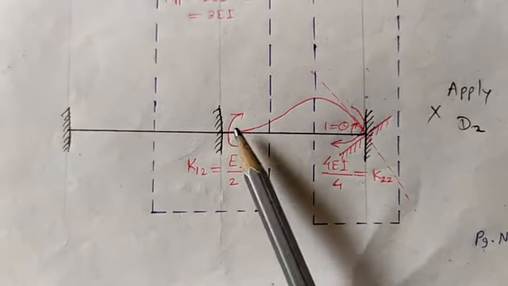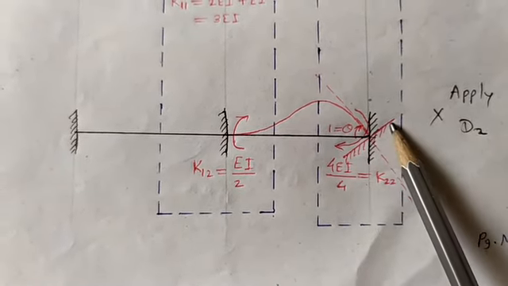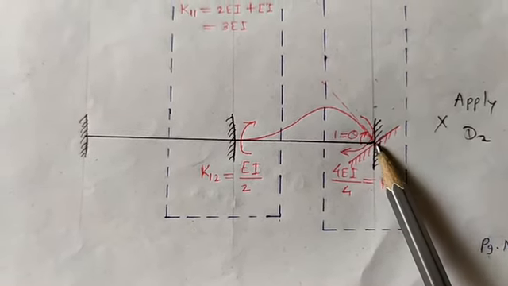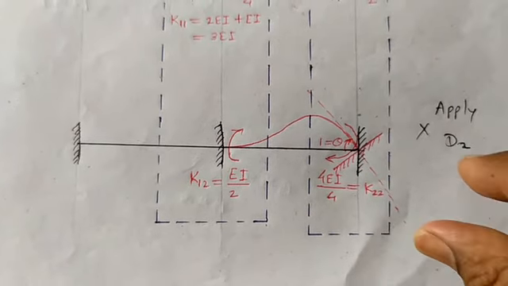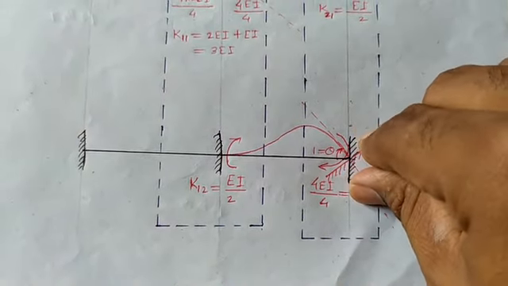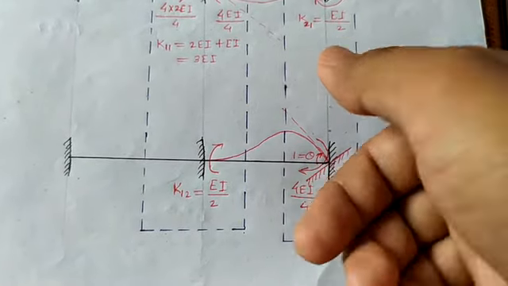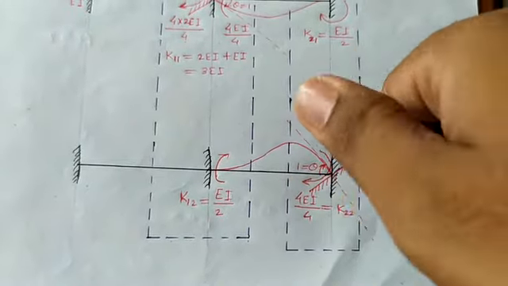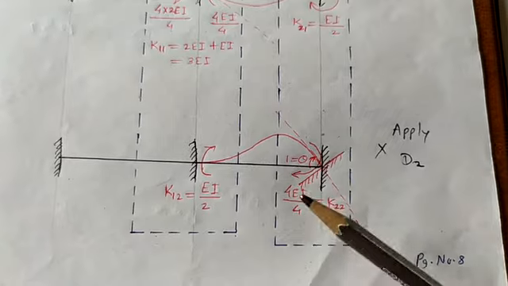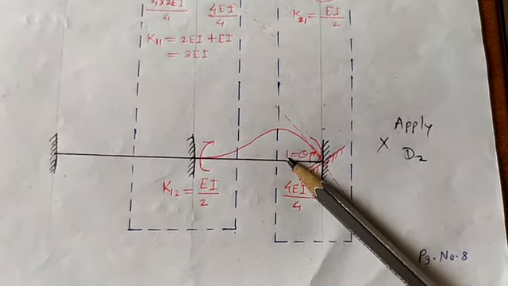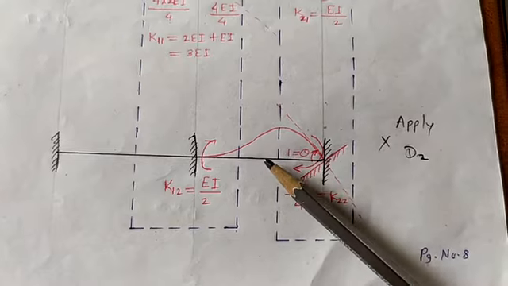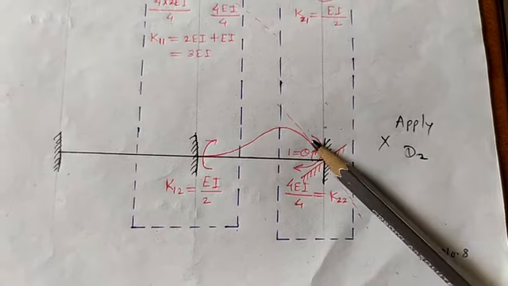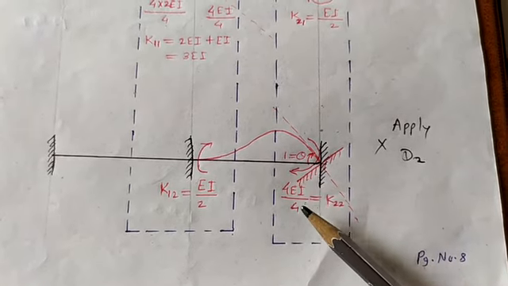Now to this restrained structure, we are going to apply a rotation, that is a unit rotation at joint C. So just forcefully pick this joint C and rotate it in a clockwise direction. Because of this rotation of joint C, only this portion BC is getting affected, that is, this portion BC is getting lifted up. So to get theta equals 1, we have to apply a moment of magnitude 4EI upon L,